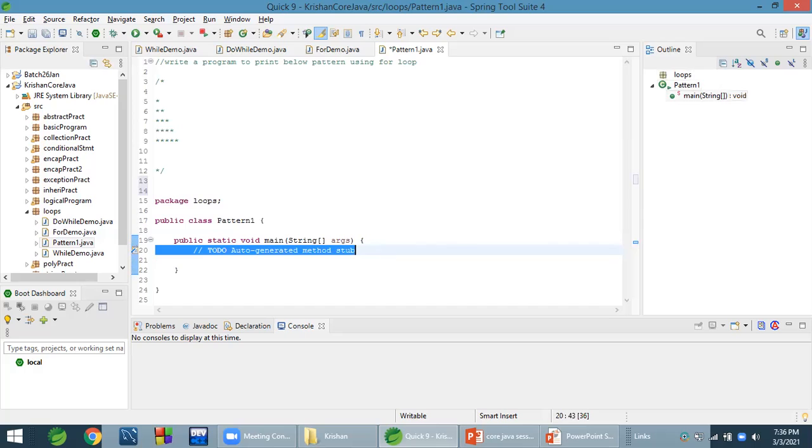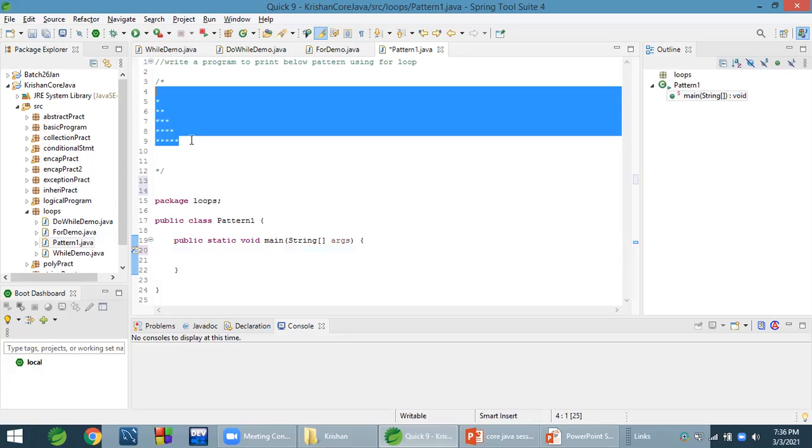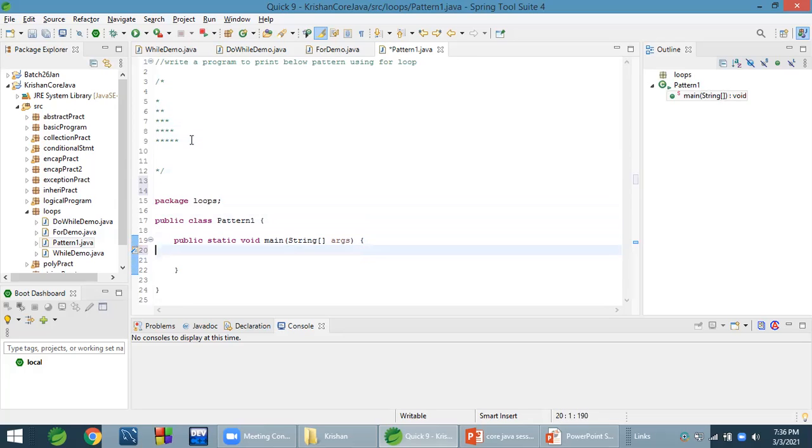So how to do this? First of all, we will count the number of lines. These are 5 lines, so we will take one loop for the number of lines. For i equals 1, i less than or equal to 5, because we have 5 lines, i plus plus.